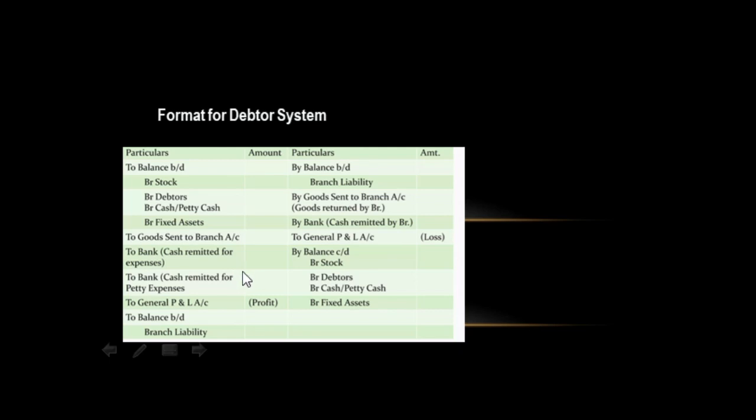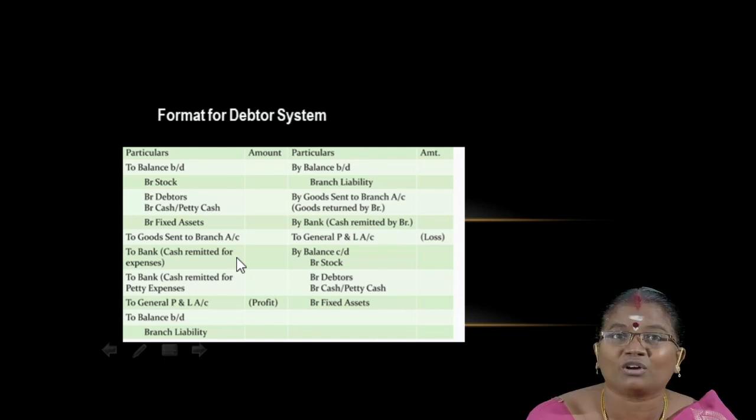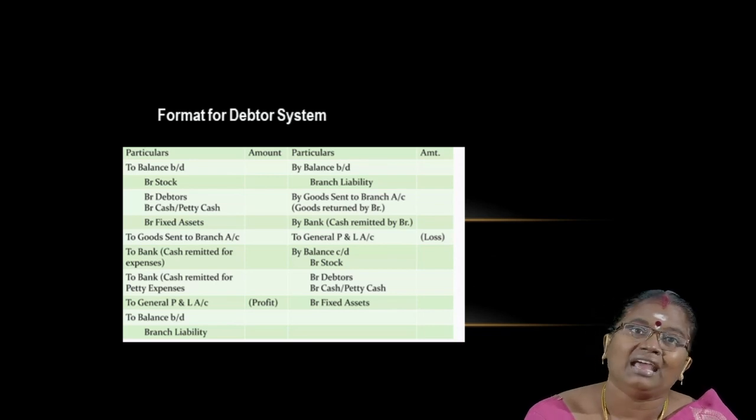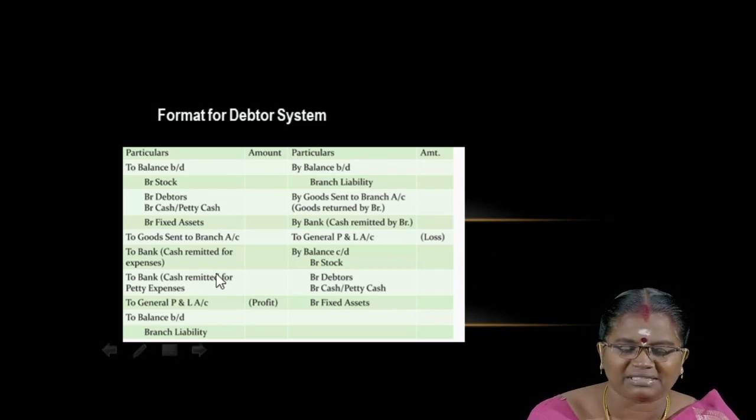to meet the day-to-day expenses. And all the kinds of expenses that occur in the branch, they will be meeting them, like wages, salary, printing, stationery, and all these expenses the head office will be sending, because it's a dependent branch. For the dependent branch, for each and everything the branch has to depend upon the head office. So the head office will remit the cash, okay? In the same way they will remit the petty expenses also.